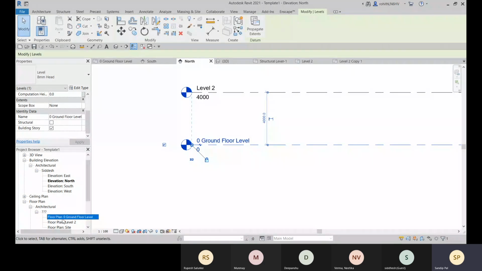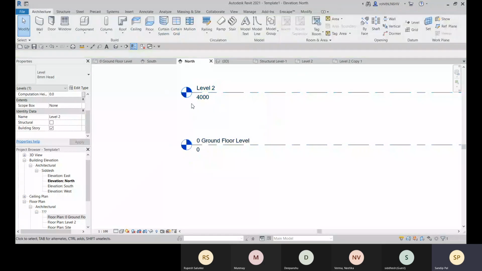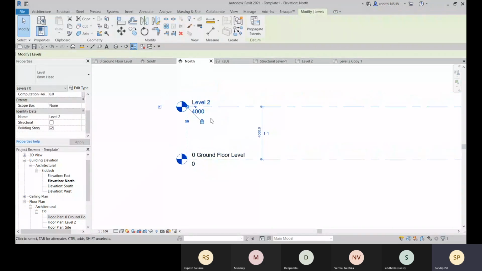And here you will see that this is floor plan 0 ground floor level. Okay, so now it is not as level 2 or level 1. Also for this existing level, I'll change the height. So let's go for 450 mm.